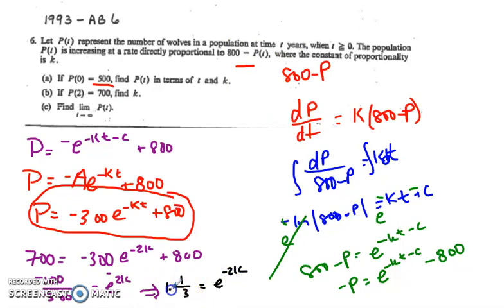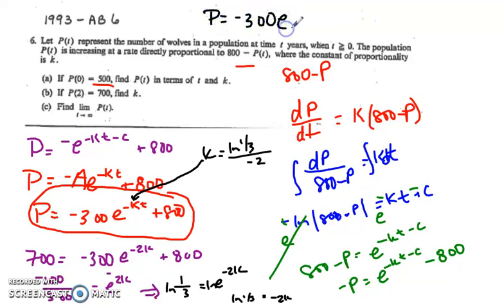Let's go ahead and take the ln of both sides of the equation, and I will get the ln of 1/3 equals negative 2k, which means that k equals ln of 1/3 over negative 2. And I could rewrite this using properties of logs, but I'm frankly not going to worry about it right now. That k plugs in right there. Okay, so it ends up, and I'll write the answer up here, p equals negative 300e to the 1/2 ln of 1/3 all times t plus 800. And then the question is,